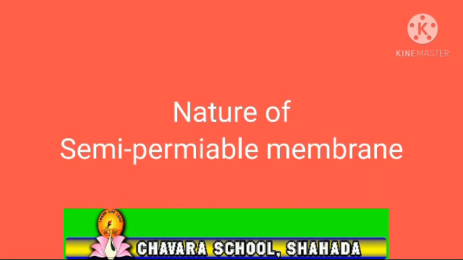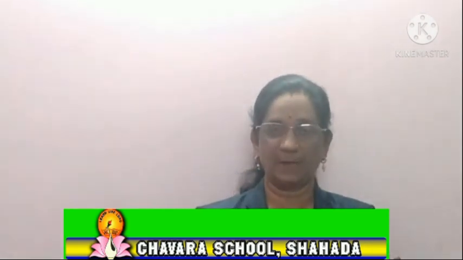Now you have learned about the structure of the root hairs, which are the speciality of the root hairs to absorb water and minerals for the plants. And now students, in this part today we are going to start our first point, that is the nature of semi-permeable membrane. It can be illustrated with the help of the diagram. So now students, in this part second we will see the semi-permeable membrane with the help of the diagram.